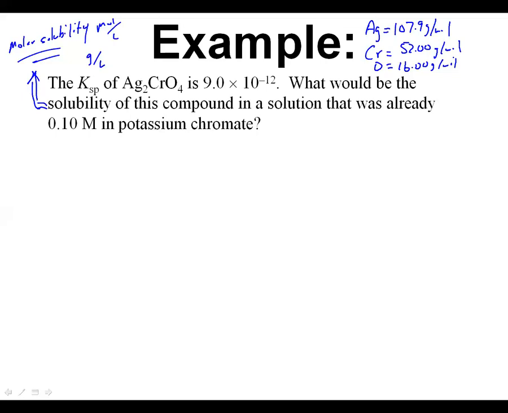Okay, so let us take a look here. So we have the KSP value for our silver chromate. And again, that gives you a pretty strong indication that that's going to be a solid because it has a KSP value associated with it. Again, typically KSP values are associated with things that are kind of insoluble. We want to know what is the solubility of the compound if it's already in a solution that contains potassium chromate. So if we take our silver chromate,